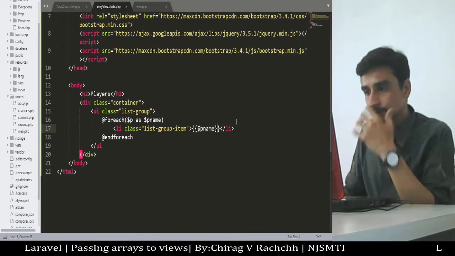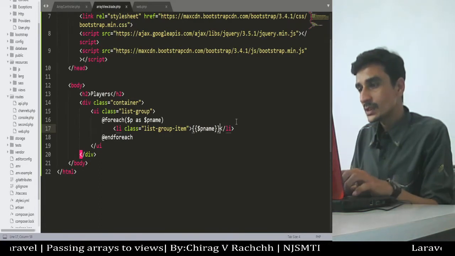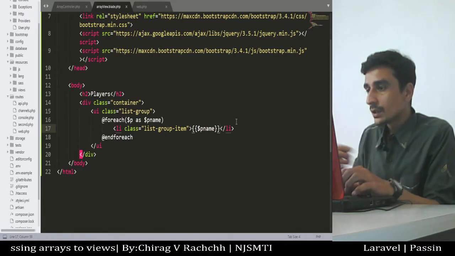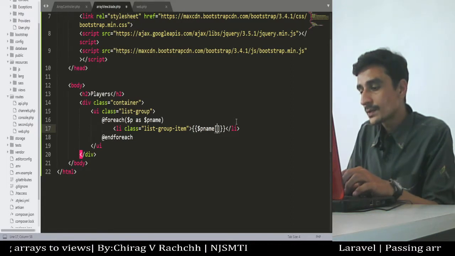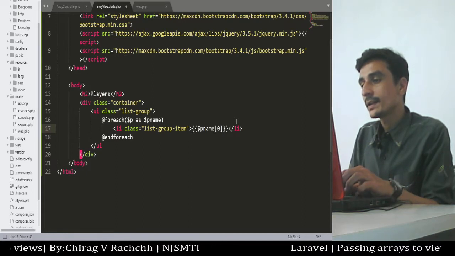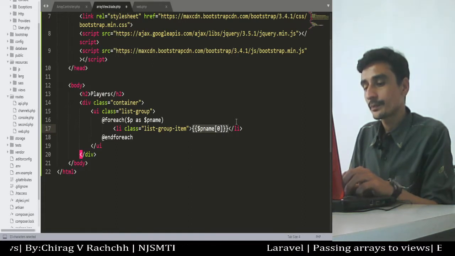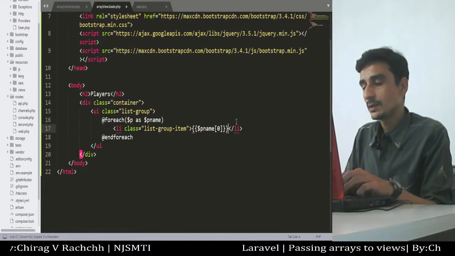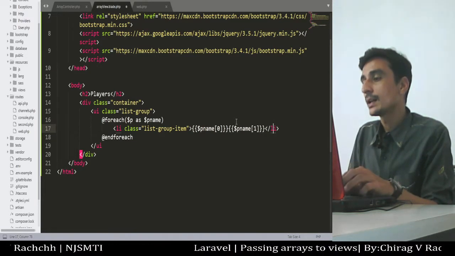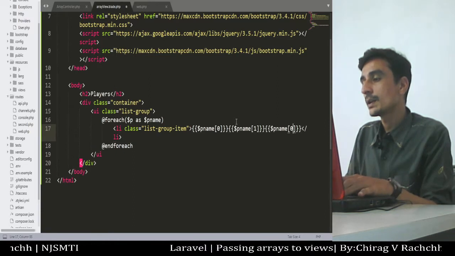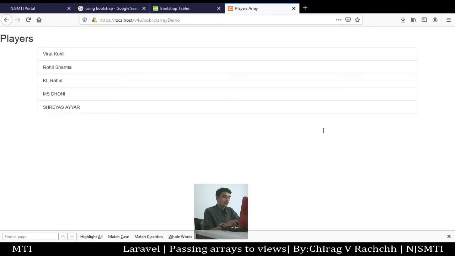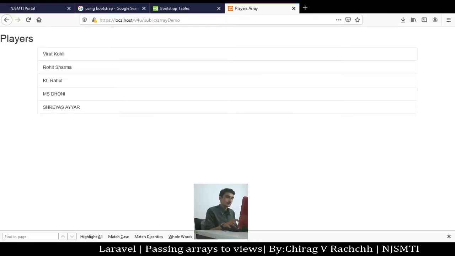Here I will write pname of 0. Now it is an array. Similarly, I can write pname of 1. Again I can write pname of 2. Okay. Now let's see what happens in the browser.